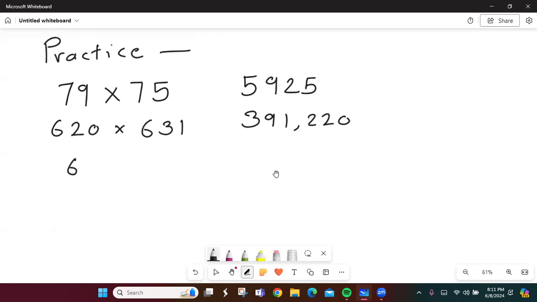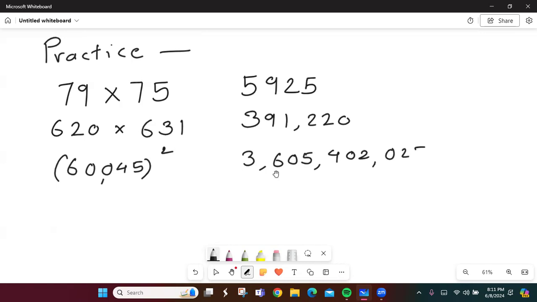And the square of 60,045, and that should give you 2. Just try these problems as a homework, and we'll meet shortly by taking some more interesting tactics in Vedic